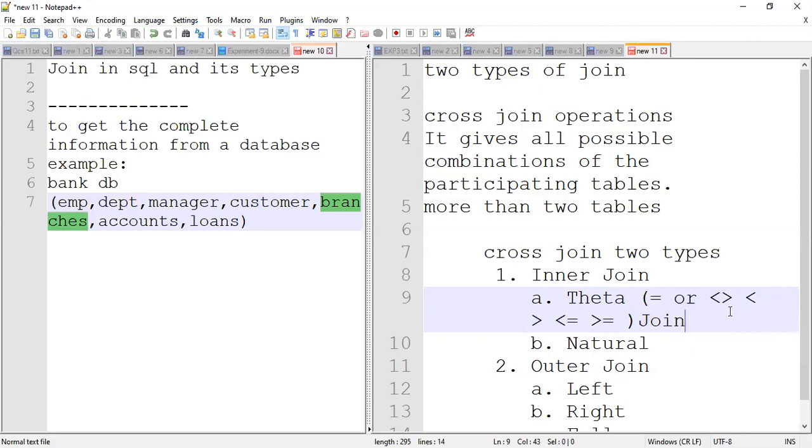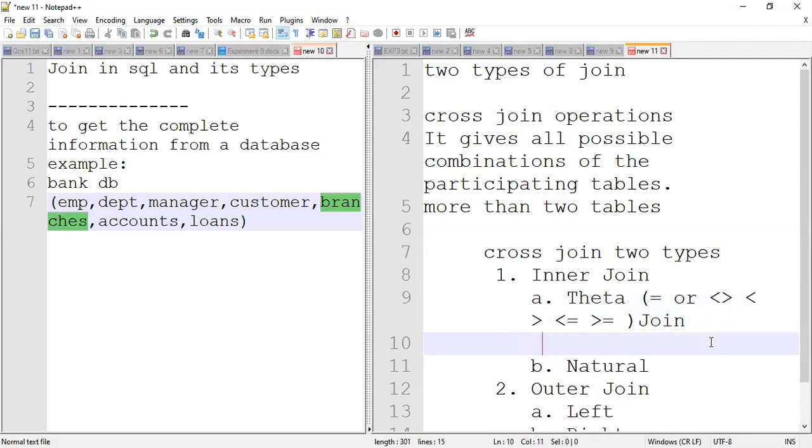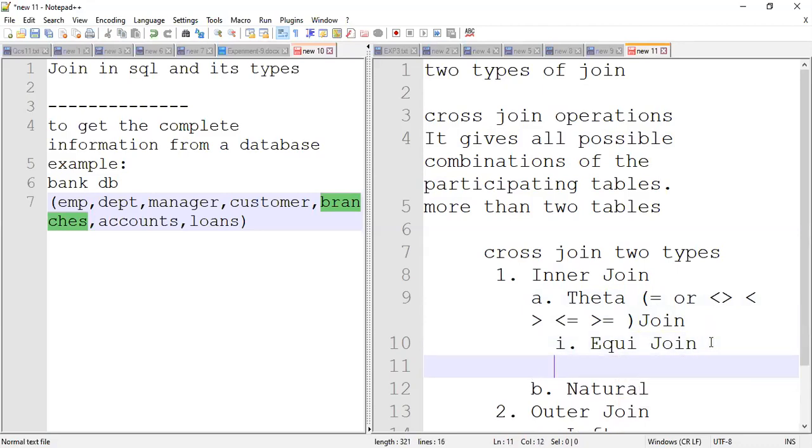But you can see, or you can give a single name. That is called not equal. So as per this equal or any operator, we can say the theta join is of 2 types. I'm giving the name as I. The first is eq join, please remember, under theta join. And the second one under theta join is non-eq join.